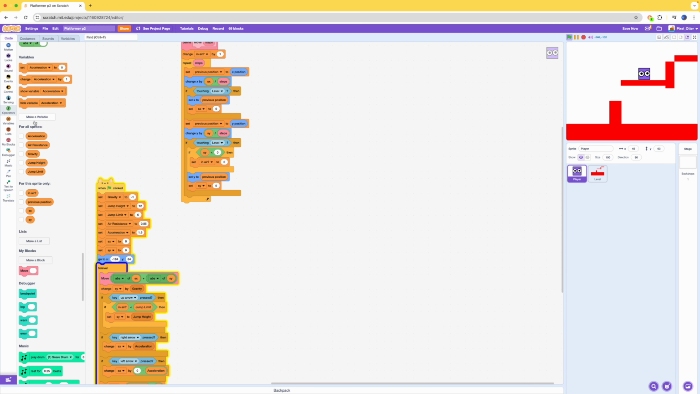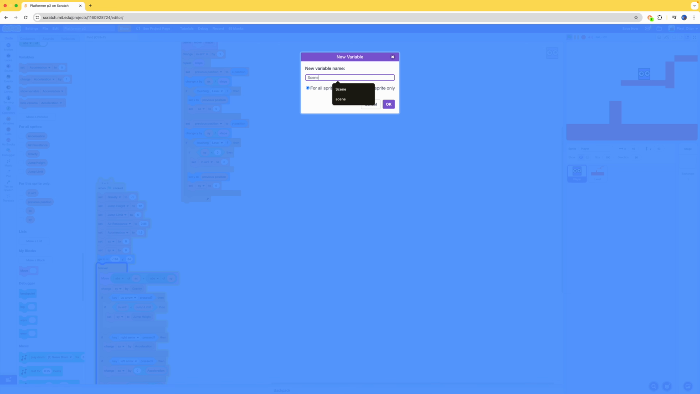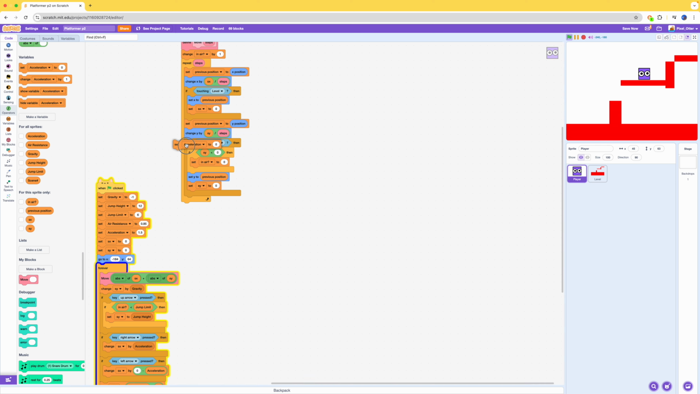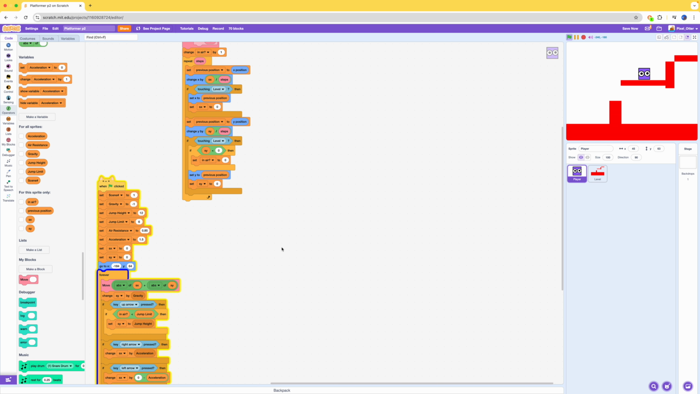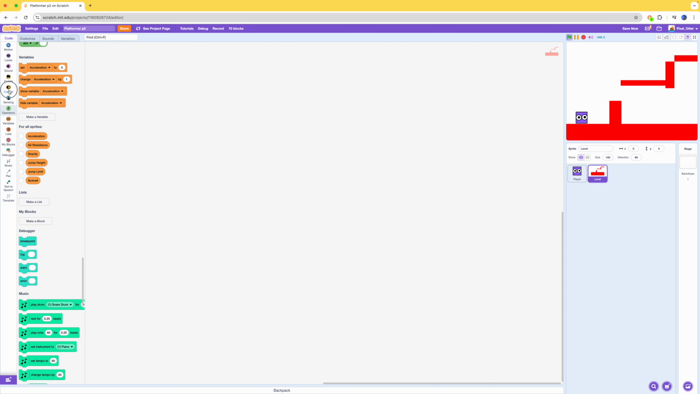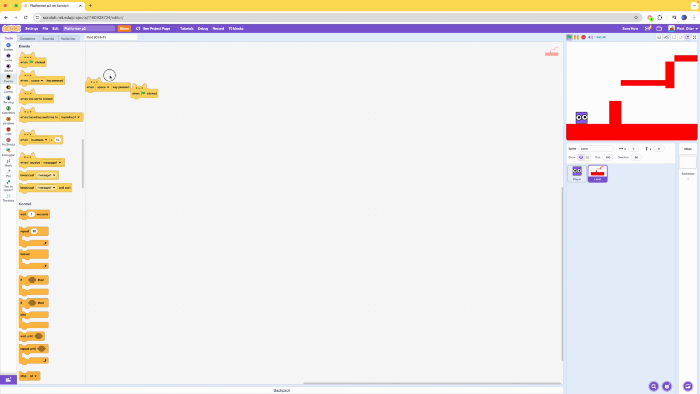Scene hash. Set scene hash to 1 at the beginning of the game. Now, it's still doing that because we haven't set up anything with the scene. So when I receive a message, change scene, it's quite simple. Just